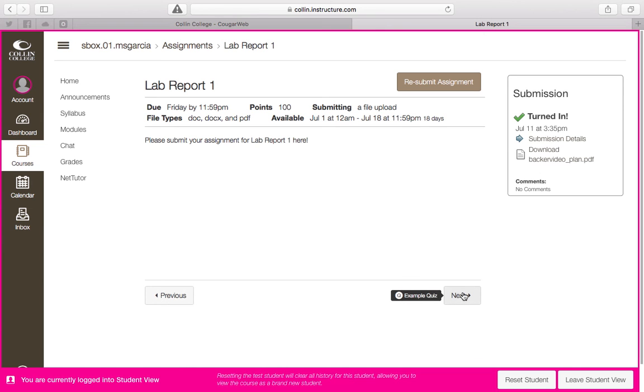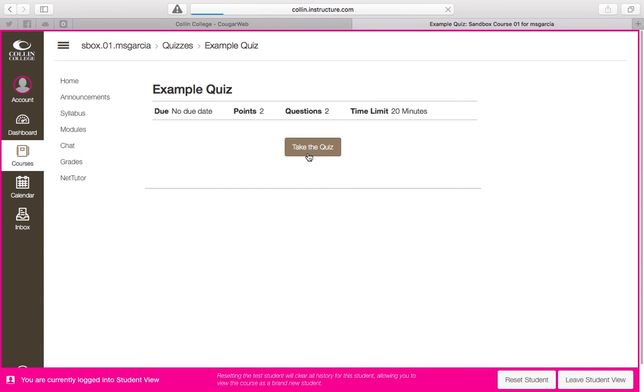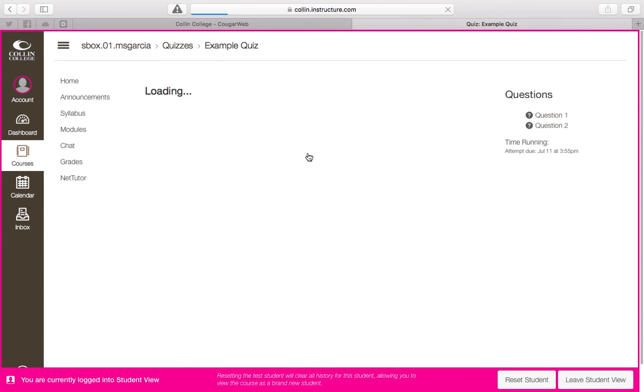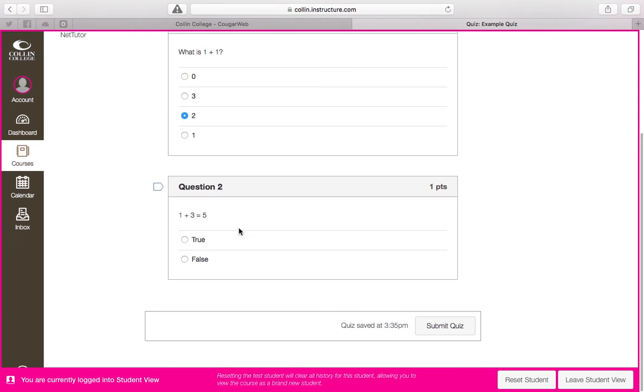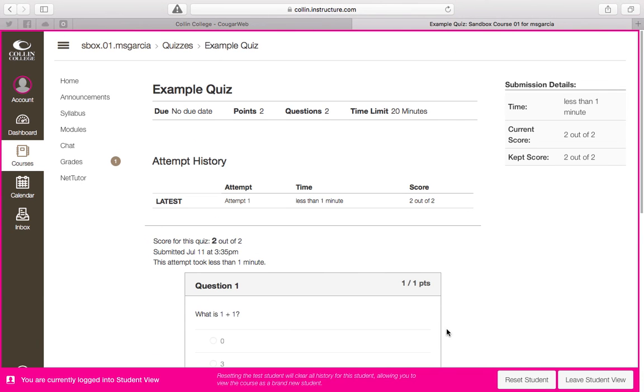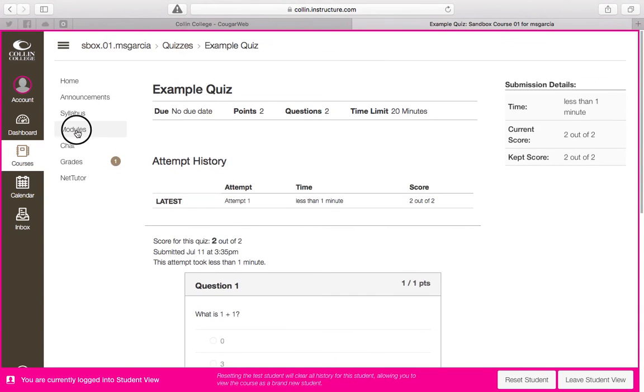And I can either move on directly to the next portion, or if I want to check my modules again, I'll go over here. And you'll notice I have check marks here and here. Okay, let's do the example quiz. And I'm going to go ahead and take this quiz. And remember, I need to score 2 out of 2. Okay, so there we go. Submit quiz. And when I submit this, it's going to say, good job, you got a 100, awesome,